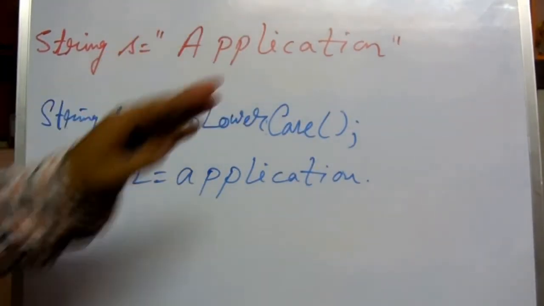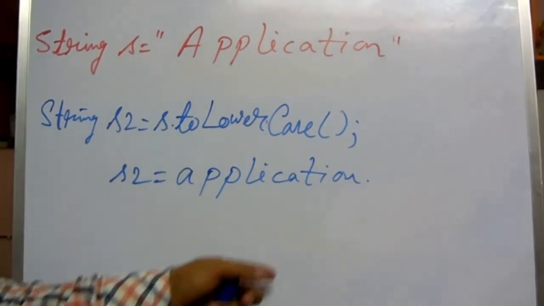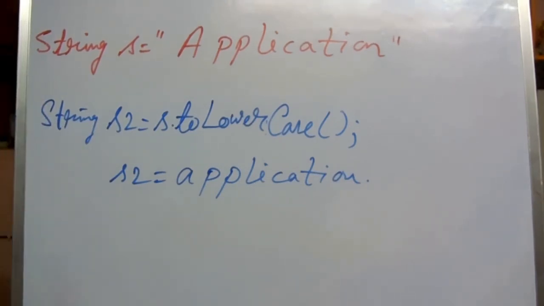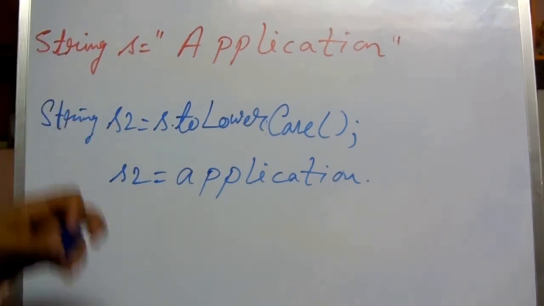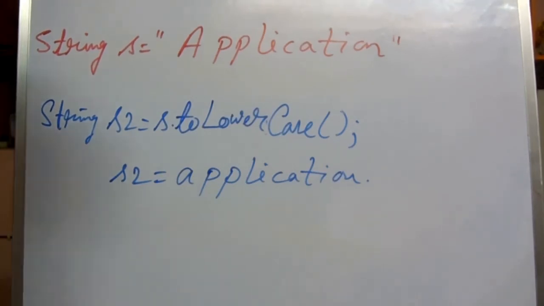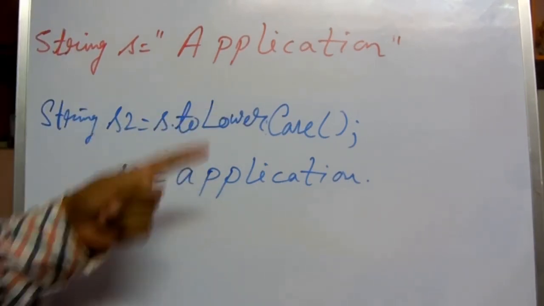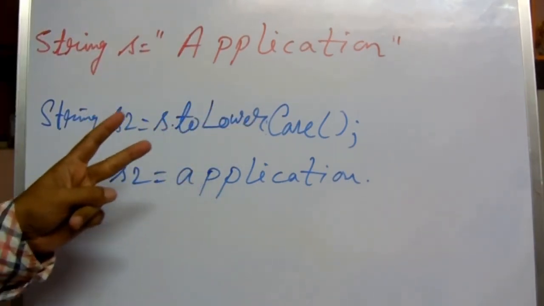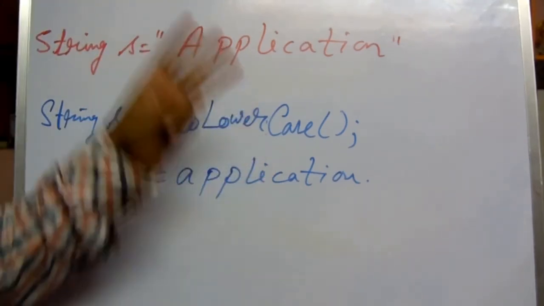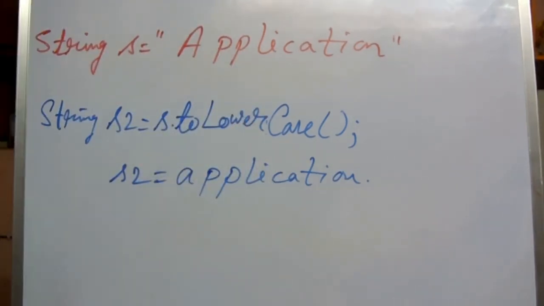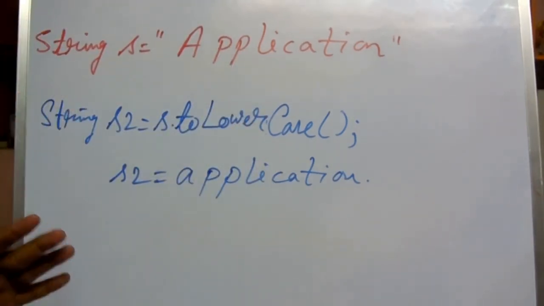But remember how it works. Whatever string we use to convert to either capital or small, it will convert the complete composition of that string. Okay. So that's all for today's class. Today we have learned the functions indexOf, then lastIndexOf, then substring with one argument, substring with two arguments, and toUpperCase and toLowerCase. So in total 5 functions we have learned today.